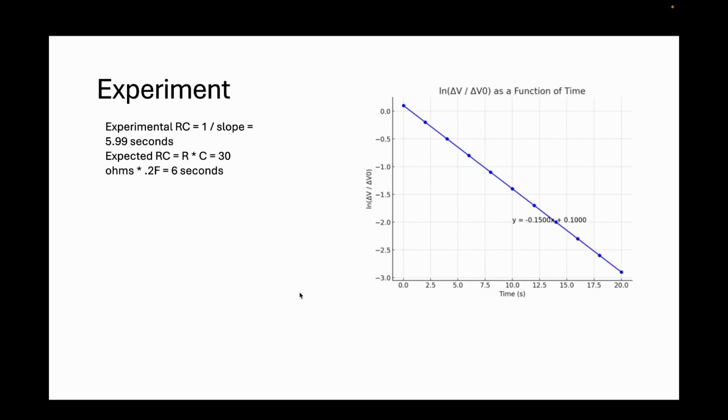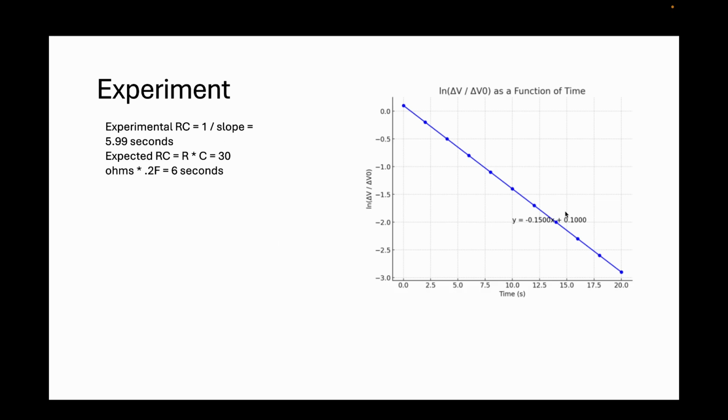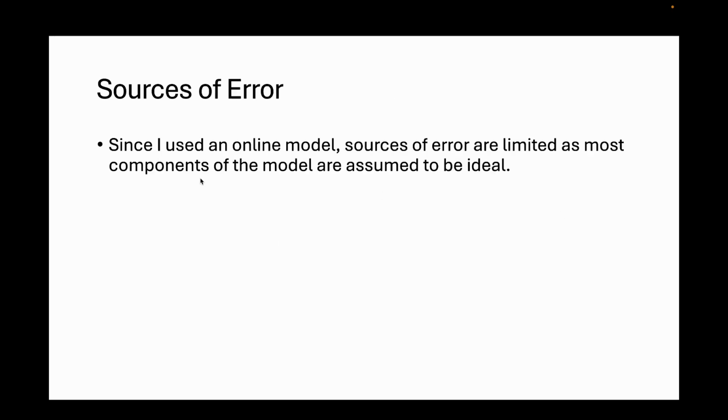And by plotting this graph, we can get the time constant by doing 1 over slope, which gets you 5.99, or basically 6 seconds, while the expected time constant, you can get from multiplying resistance and capacitance, which would get you 6 seconds. So both of these times are extremely similar. And some sources of error, basically no error, because we're using an online model from PHYS, and everything is ideal, and there should be very little